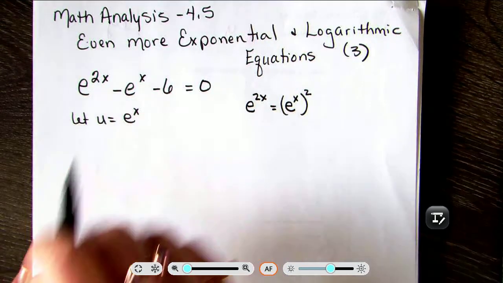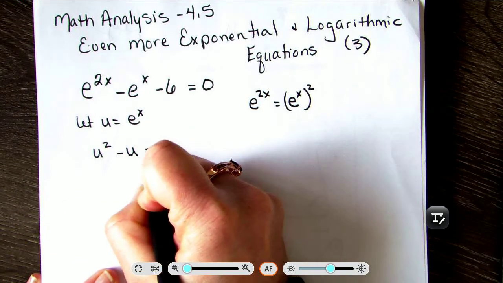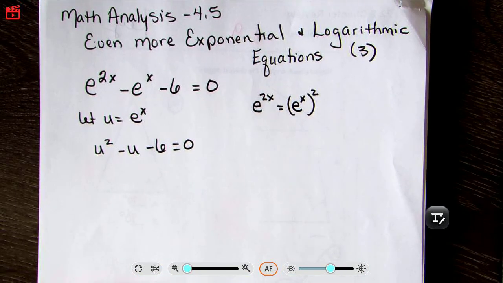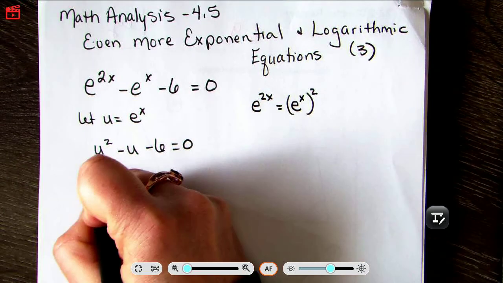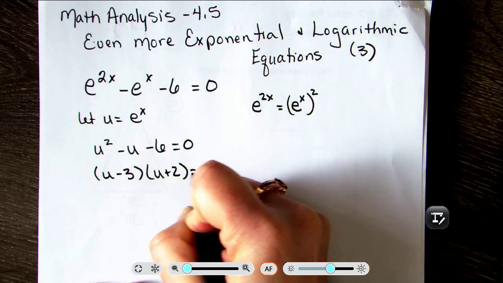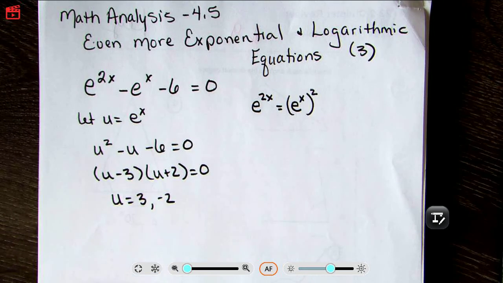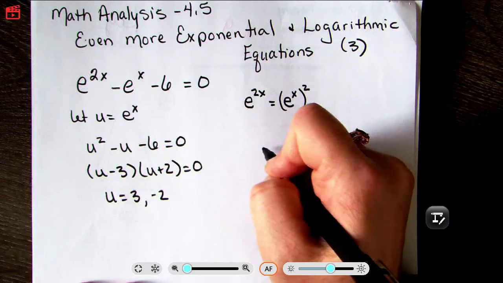So we're going to rewrite this now as u squared minus u minus 6 equaling 0. And now we should be in comfortable territory. It's a quadratic, which I will either try to factor, or if it doesn't factor, go to the quadratic formula. This one does factor: u minus 3, u plus 2, which means u is either 3 or negative 2. However, we're not solving for u, we're solving for x. So I'm going to go back,